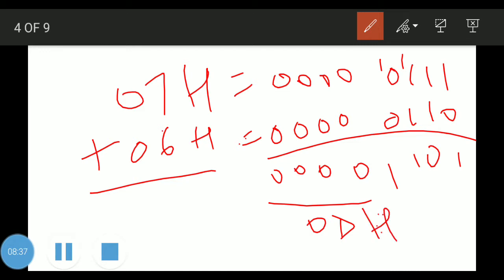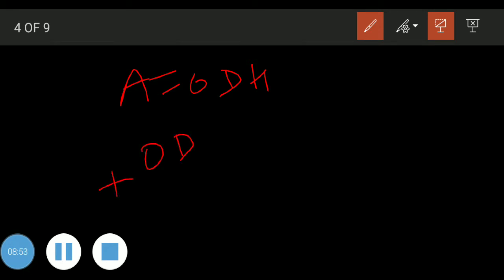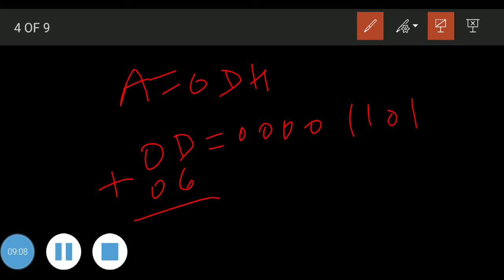Then this 0D will be placed in the accumulator. So when I provide the DAA instruction, then 0D will be added with 06. I will get a number in this way. Now 06 will be written in this way.